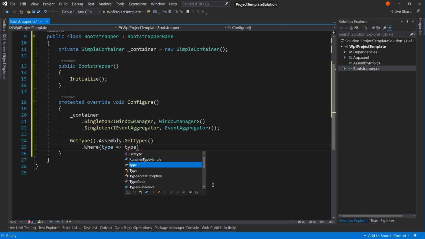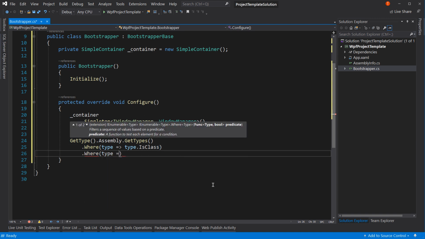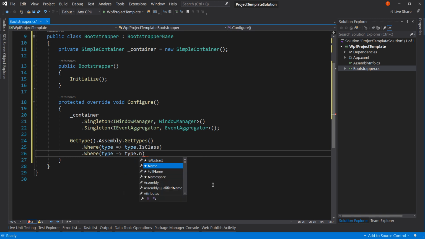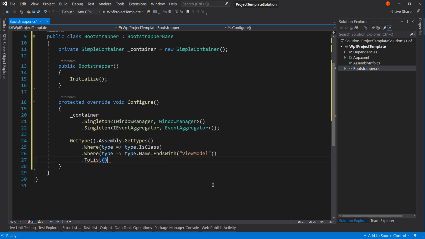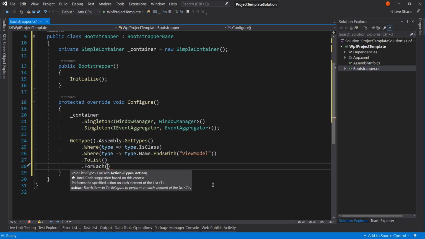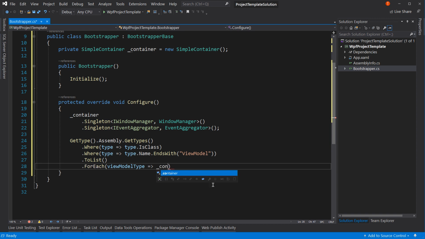Type is type.class, or is class, where type.name.ends with view model. So this is going to use our naming convention and say, find the classes that end with view model, output into a list, and then for each view model type. This just makes reading it a little easier. We could call this X. But view model type